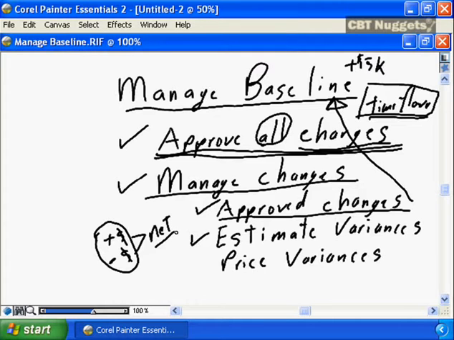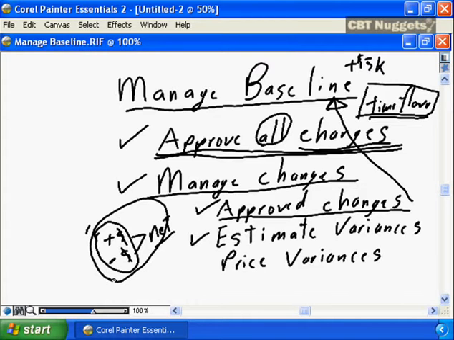An estimate is your very best guess. Yes, it is a guess. An estimate is your very best expectation of how long, how much labor it's going to take to do each and every element of your project. Therefore, there will be variances. You need to manage the variances. That's the key. You need to manage the variances, the pluses and the minuses on the estimates, and at an